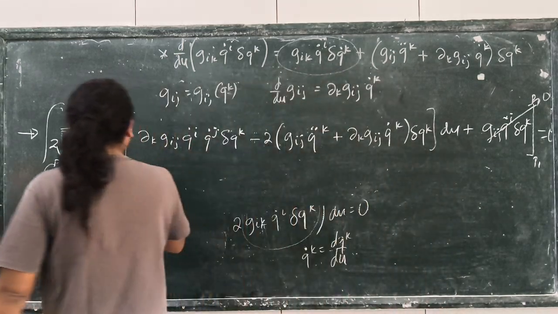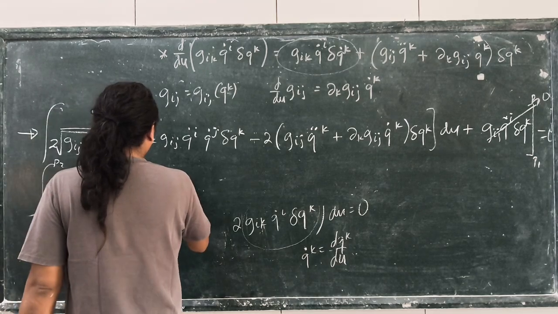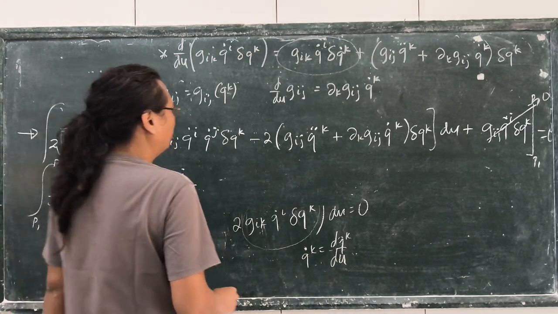Anyway, so we have partial K Gij Q dot I Q dot j minus